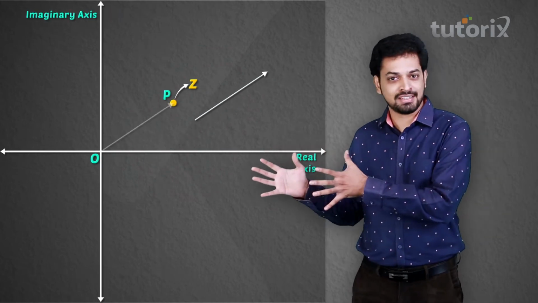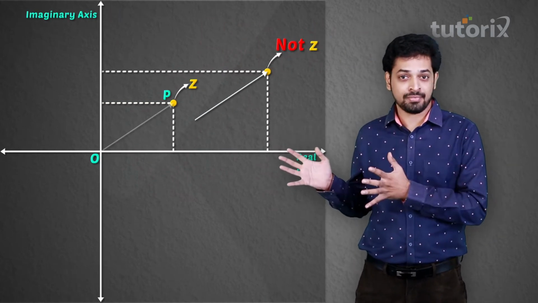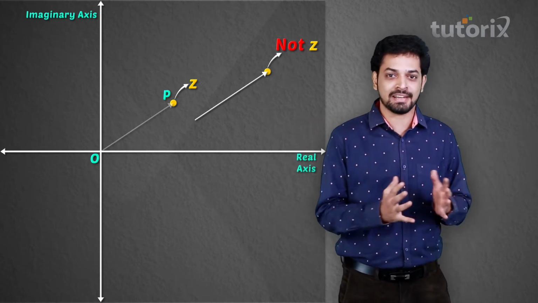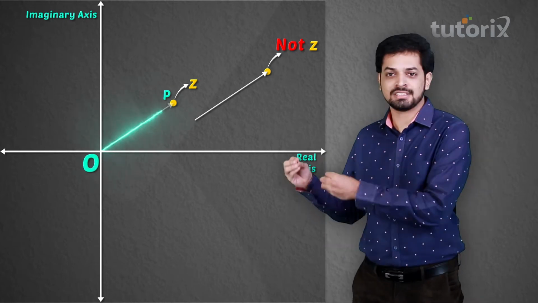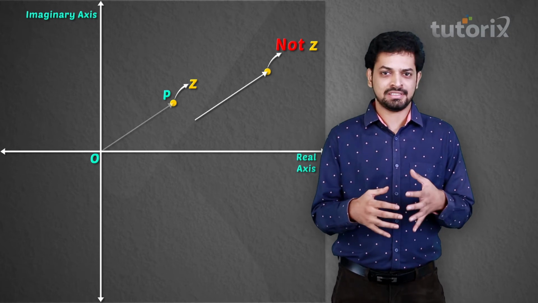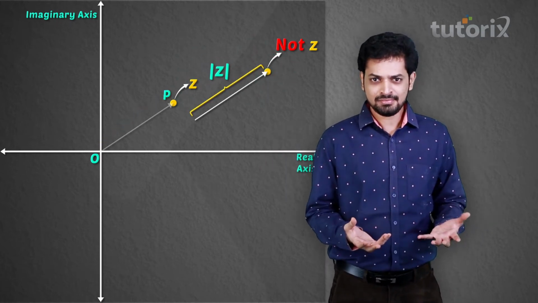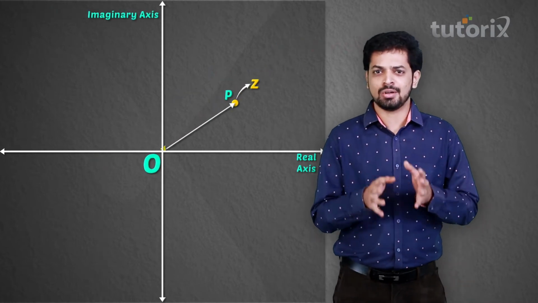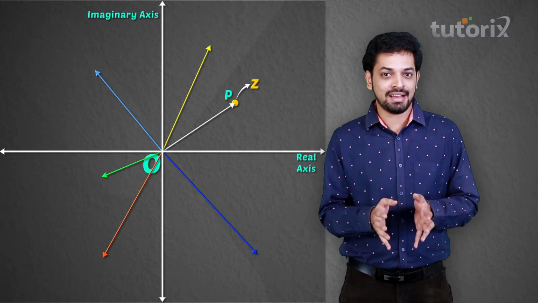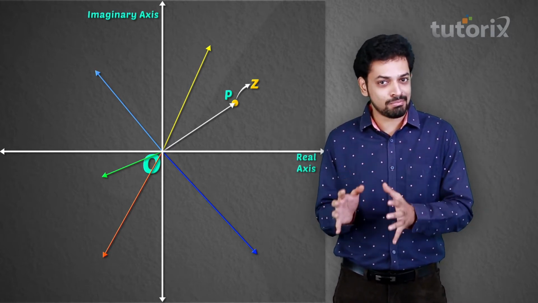Now if you move this vector keeping the length and direction constant, then you're no longer at the same point. Well, this is the difference between vectors in physics and vectors in mathematics. Vectors in mathematics always start from the origin. So as you see, by moving this vector, we are no longer representing the same point, but the length is still mod z, right? So remember that vectors in mathematics always start from the origin and go outwards. Keep this one thing in mind, that only vectors starting from the origin can be a correct representation of complex numbers in the